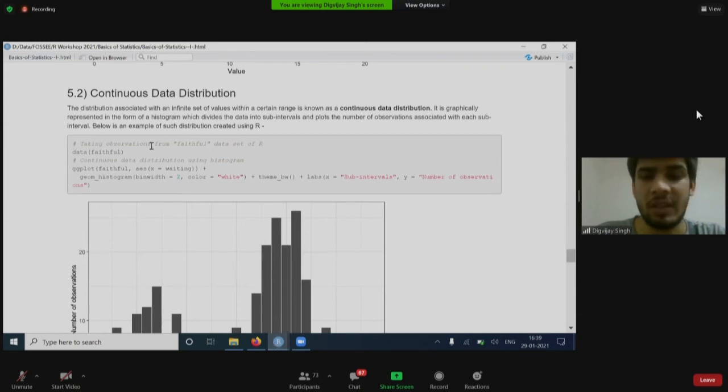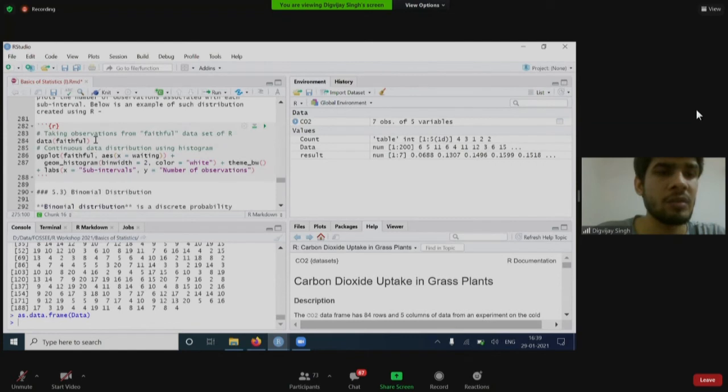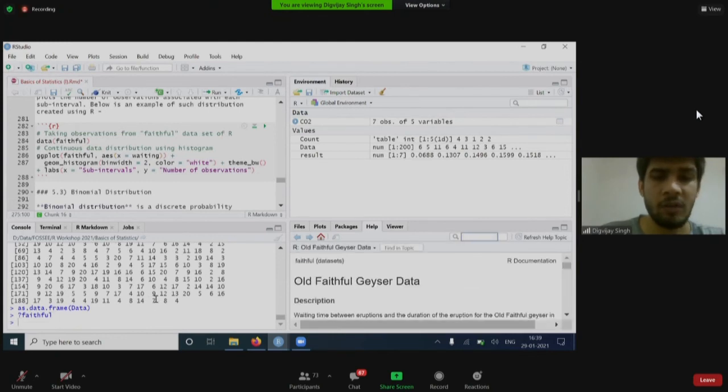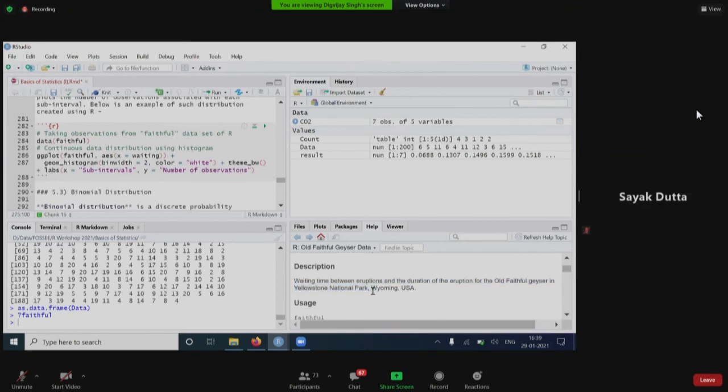For this example, I am taking a data set, again a preloaded data set, faithful. So just like CO2, we can write a question mark, faithful, and know what it is about. So it is about the waiting time between eruptions and the duration of eruption for the Old Faithful geyser in Yellowstone National Park.